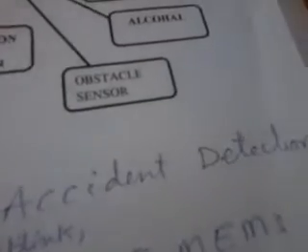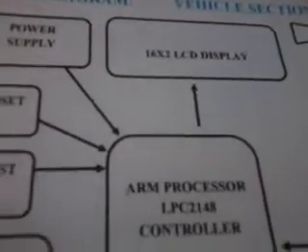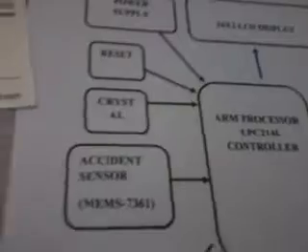The project title is ARM7 based accident detection using alcohol, Eyeblink sensor, GSM, GPS and MEMS. In this project we are using an ARM7 32-bit controller with a 16x2 LCD display and some sensors. Those are the alcohol